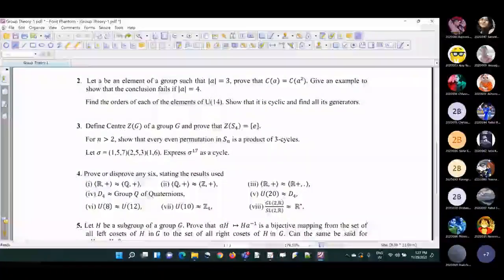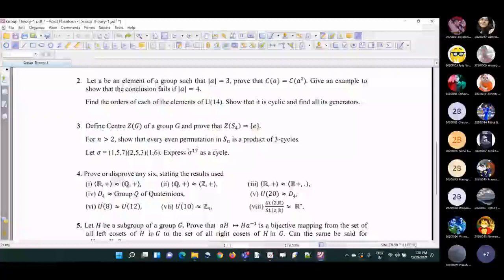All right. So they are talking about even permutations. So every even permutation is also a product of transpositions, 2-cycles. Yes, sir, transpositions. Yeah. So every even permutation is a product of an even number of transpositions. That's all. So what we need to prove is that a product of a pair of 2 transpositions is going to be a product of 3-cycles. All right. So that we will see.